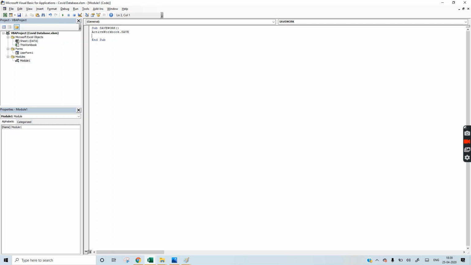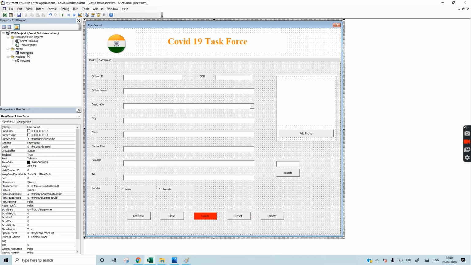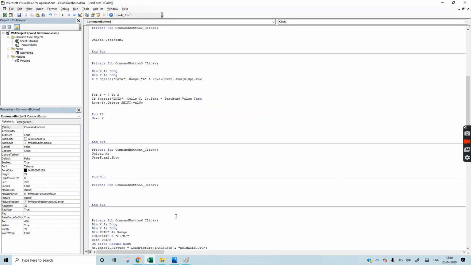By this, whenever you close this user form, that inactive application will be saved. Last thing, go to this close button.